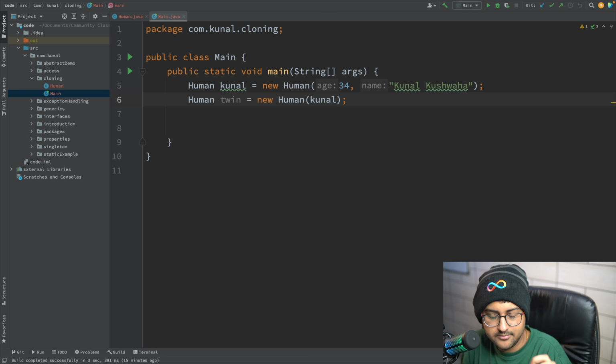Clone is actually a method in the Object class that can be used to make these copies. Like I'm making a twin over here, right? How can we do this? In Java, in the java.lang package, we learned about packages in the previous lecture, there's an interface called Cloneable. So we must implement that in the class whose clone we want to create, obviously.